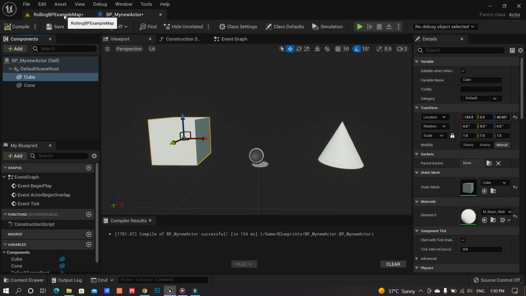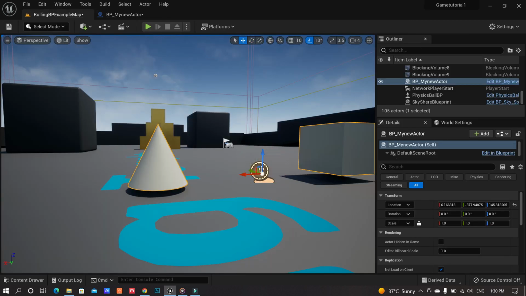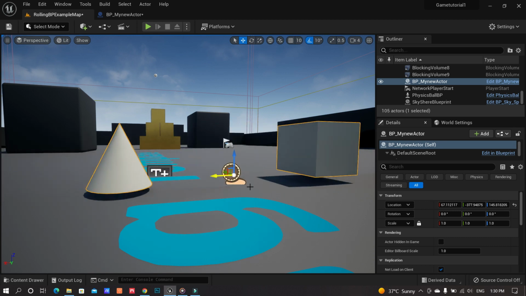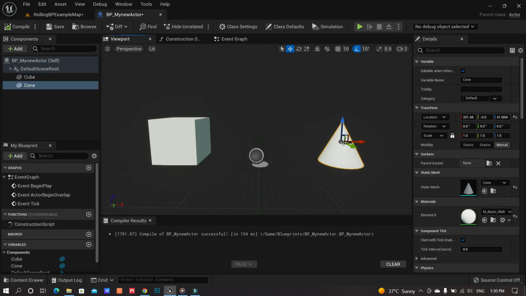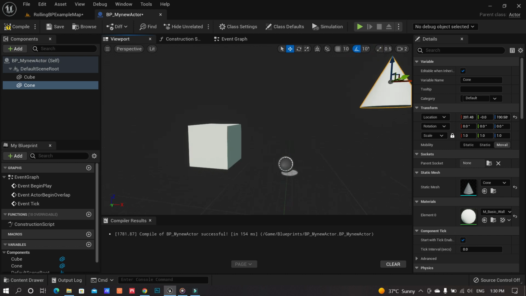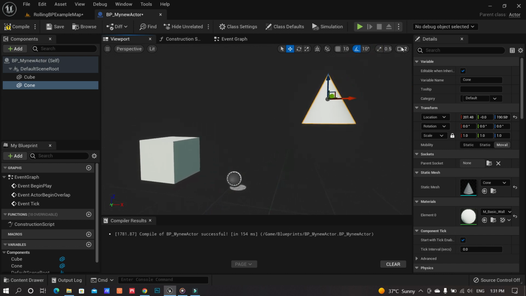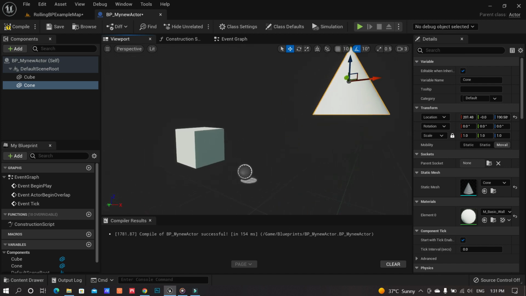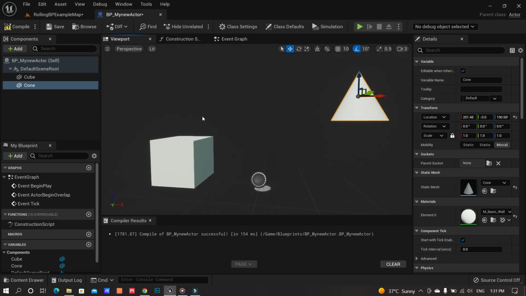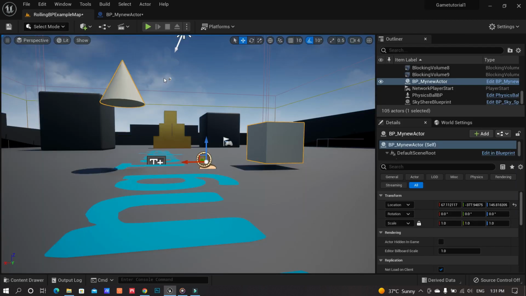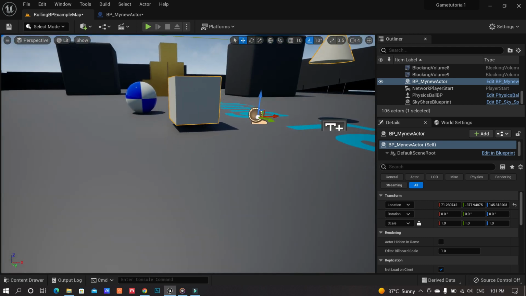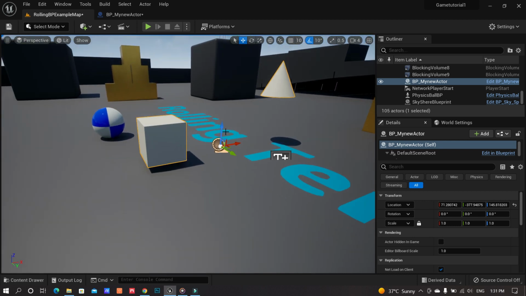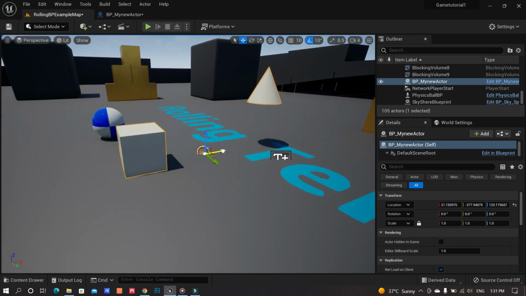So if we go back here and we select this one and we move around, you see that both are moving. However, if we go back again and we want to place this up, in the viewport of your blueprint actor, you can move your objects where you want to place them in the blueprint, compile, and you will see now that the cone relative to the cube is on a different location and different height, and the cone and the cube are on a different height itself.